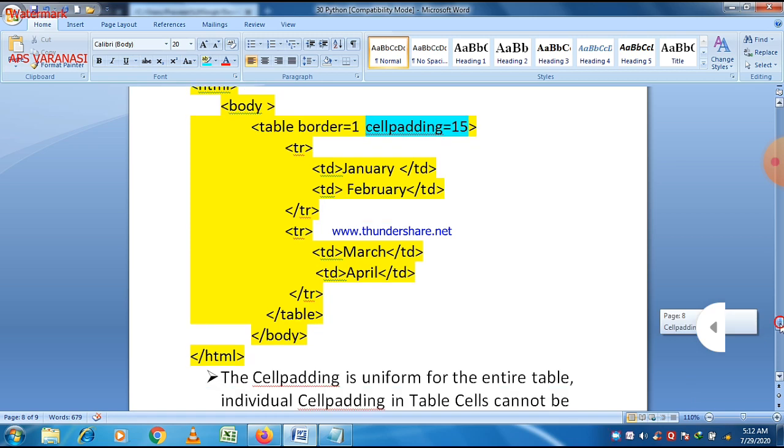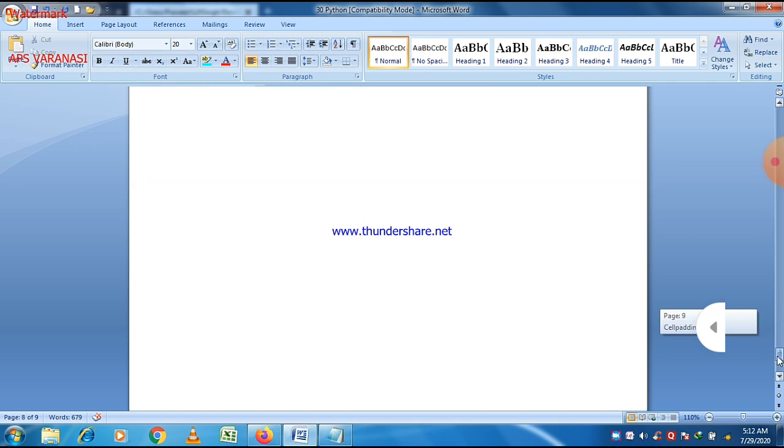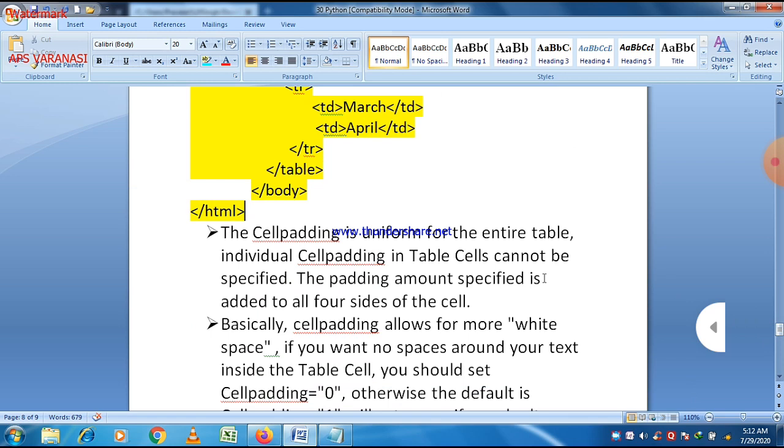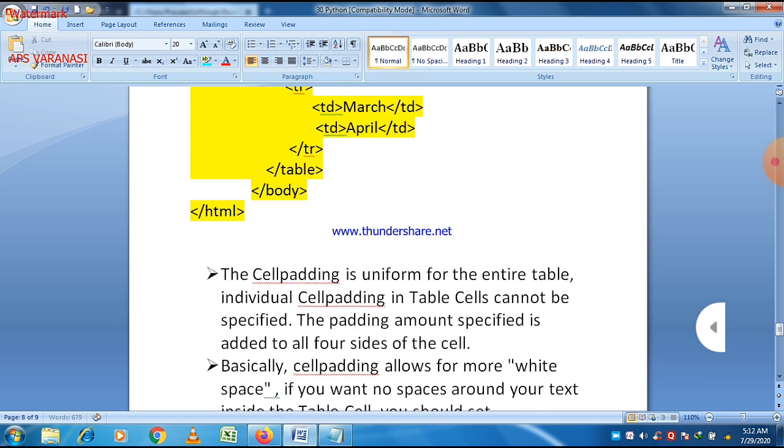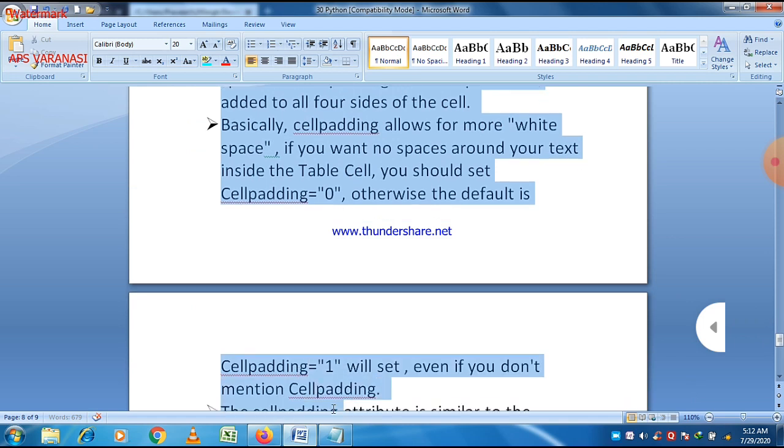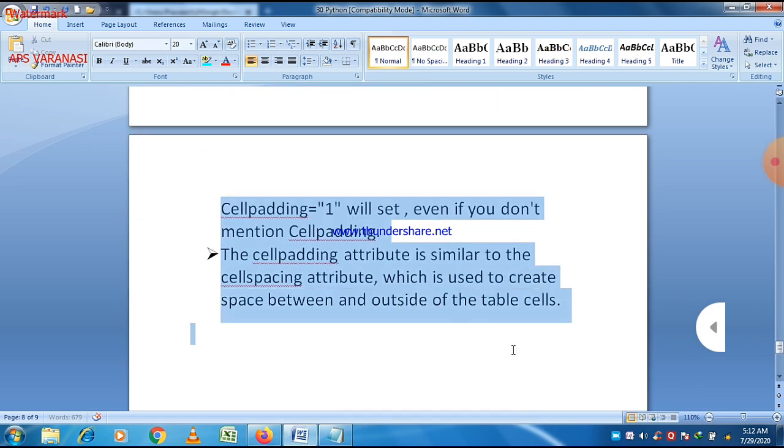Now there are a few other points that are very important regarding cell padding. So first of all, before we execute this program, let us understand these terms.